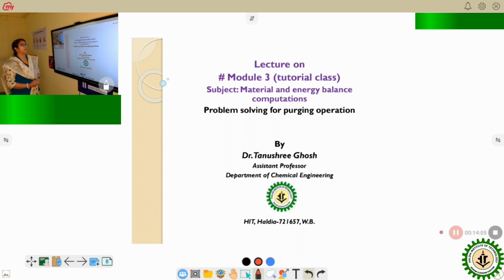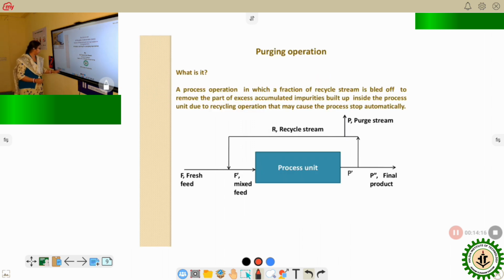Today, my lecture is on material balance and energy balance computation. Topic is problem solving for purging operation. Let's discuss shortly about purging operation. First, I want to say, what is purging operation? Purging operation is that type of operation when a fraction of recycled stream is driven out,